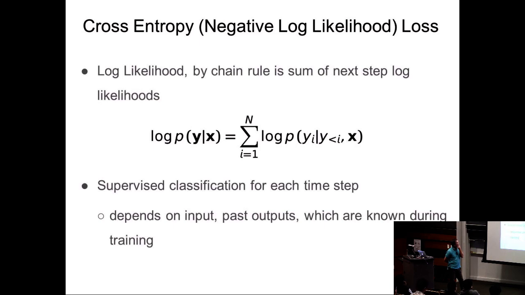Okay, cross entropy. Hopefully by now you know what that is. It's a log likelihood chain rule, basically predicting the next word given the previous words. Essentially, you can think of it as a supervised classification for each time step, right? Because at any time step, if I'm trying to predict the next word given the sequence of previous words, then I know what my target is. So it really becomes a supervised learning problem for every single time step at training time, because I know what the ground truth is.